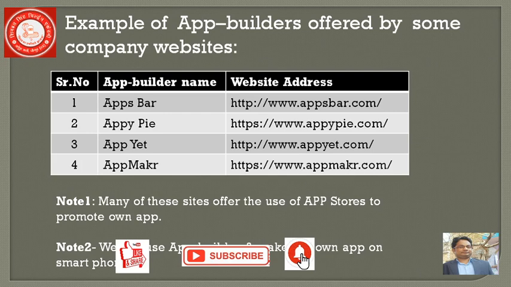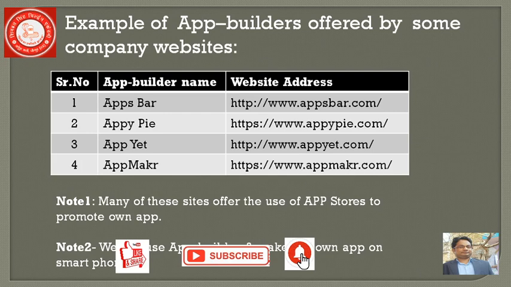Number two, we can use App Builder and make our own app on a smartphone also. We can just install the App Builder and start making your apps. So it is very, very easy for you. You can easily make your particular app, but the thing is you have to mainly focus on the requirements.